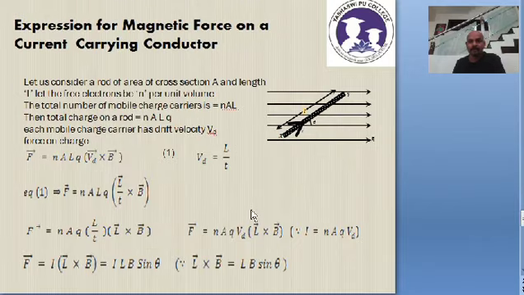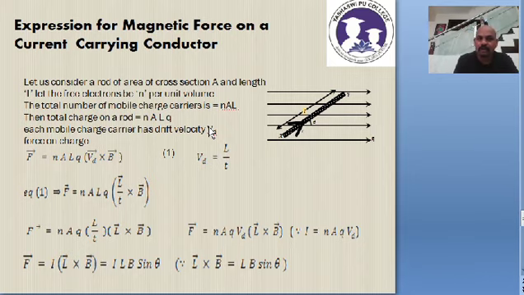Similarly, a conductor carrying current also will experience force. Now, moving further, same conductor, everything is same. Consider a conductor whose area of cross section is A and length of the conductor is L. Now, again, let the free electrons be n per unit volume. n represents the number of free electrons per unit volume, which is known as free electron density. You have learned that in current electricity.